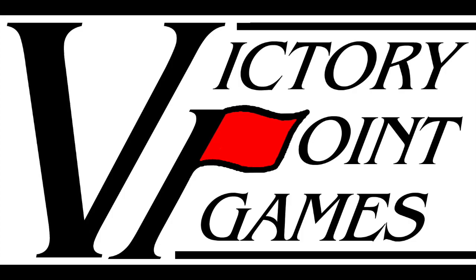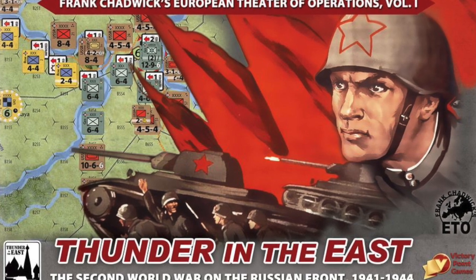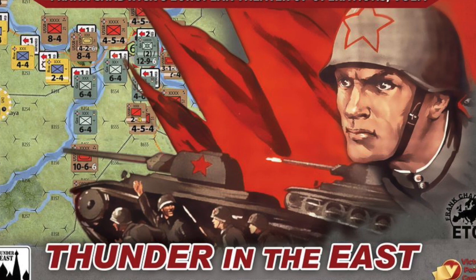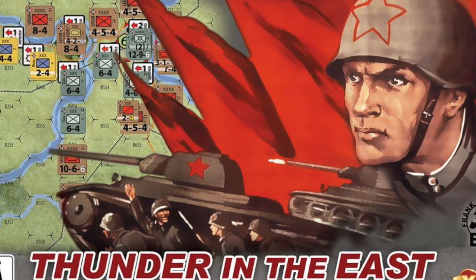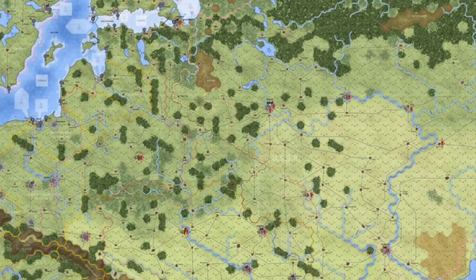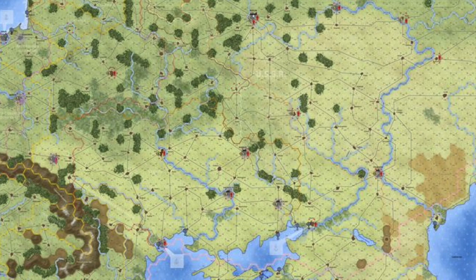Victory Point Games. It's massive. It's huge. It's Thunder in the East. Frank Chadwick's European Theater of Operations, Volume 1. Thunder in the East is a 2-player, although very soloable, strategic level World War II East Front wargame from legendary game designer Frank Chadwick. And what you get with this game is 1 49 by 41 inch paper map in